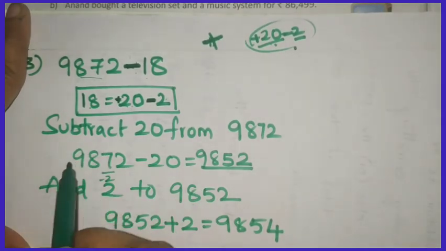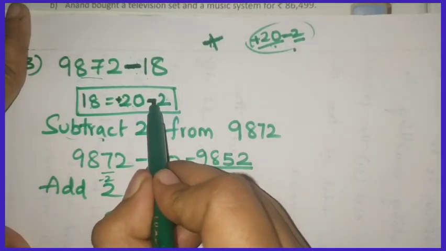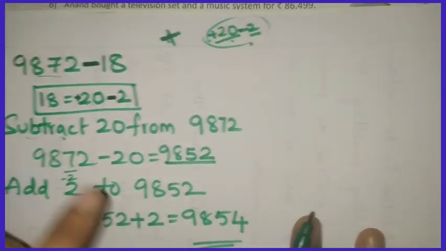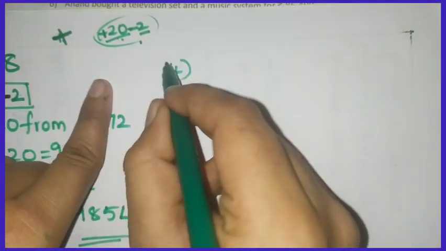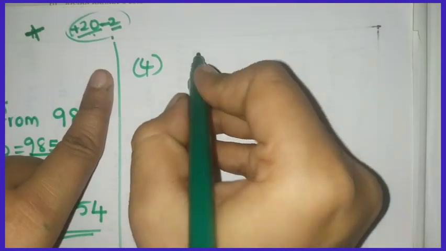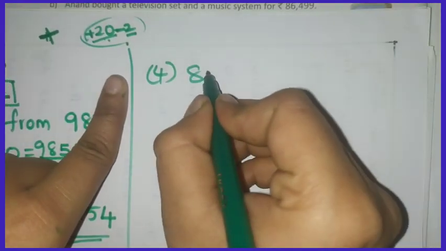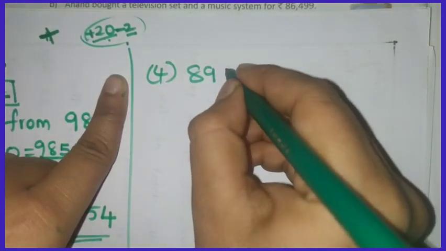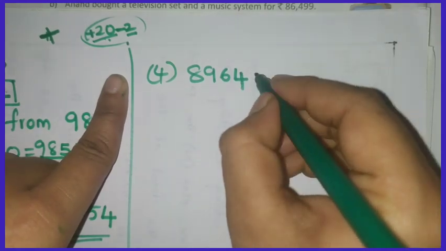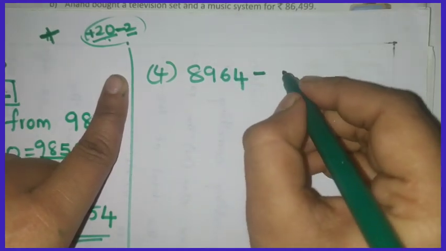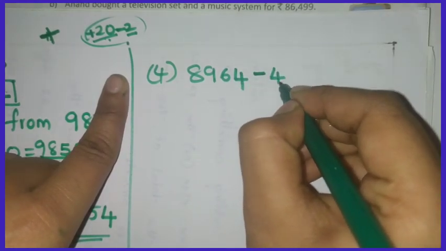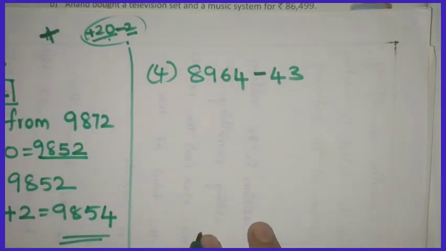If it is plus means we have to subtract, if it is minus means we have to add, okay. Now I will explain one more, the fourth one, okay. For example, 8964 minus 43, okay. Look,